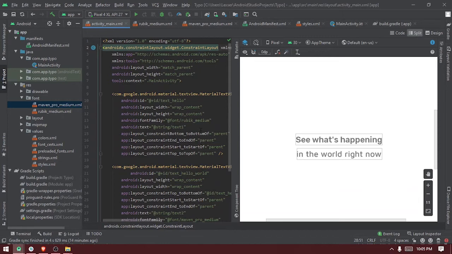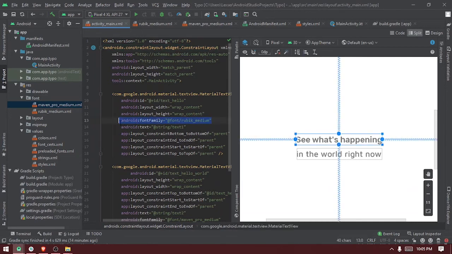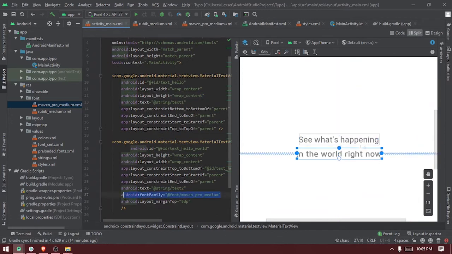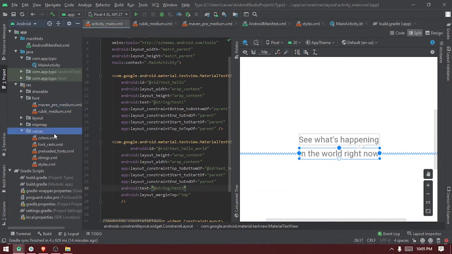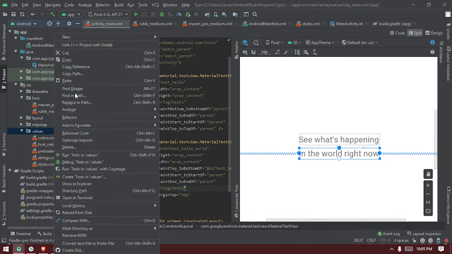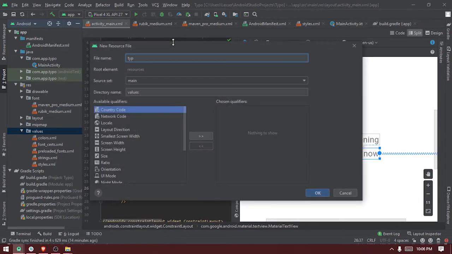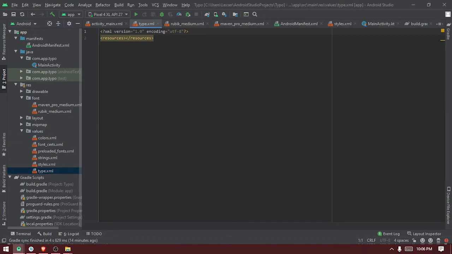So we won't add it manually, but we will add it in our XML file that we will actually create, to make it very simple as well. So let's move to the values tab and create an XML file. We name it type, right? So let's call it type, and in our type file, start to create our typography headline